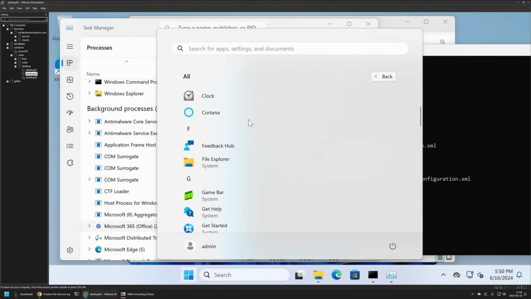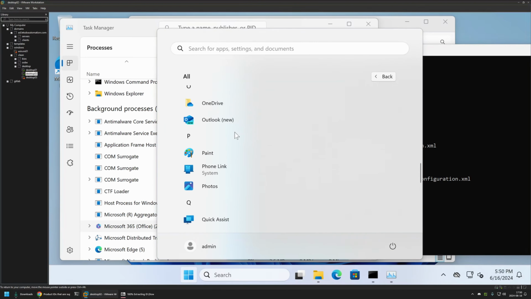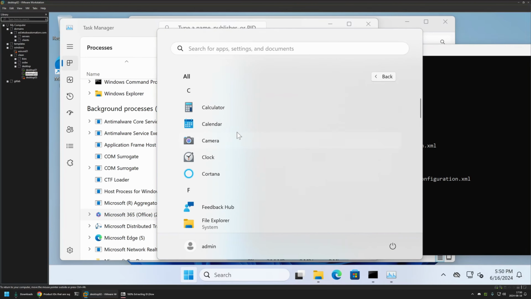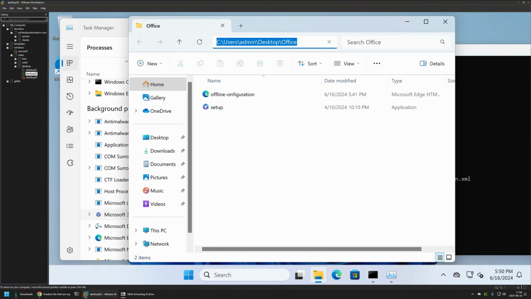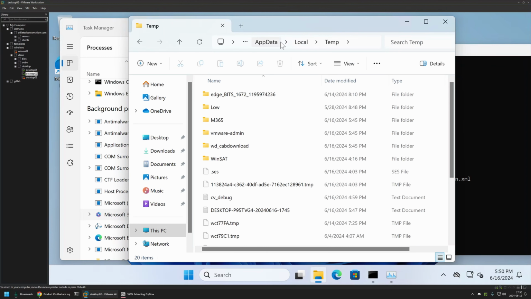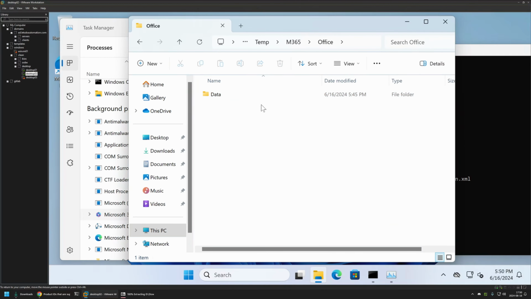If I go to all apps, you can see that we still don't have Microsoft Office installed. But if I go to my temp directory, then we should see the folder with Microsoft Office installation files. And here it is, M365. If I go inside of it, here we have Office folder, data folder, and it has all the necessary files